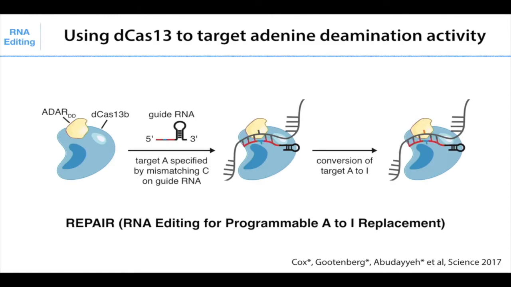We can take Cas13, deactivate it so that it only binds to RNA, and bring ADAR, which is the enzyme that converts adenosine to inosine, to a specific transcript in the cell that we're trying to change. And then by giving it a guide RNA, we can specify a specific base by mispairing that adenosine we're trying to edit with the cytosine. And so when it forms a complex, the mismatch base gets converted from adenosine to inosine. Inosine is interpreted by the translation machinery as a guanosine, and so you end up with an amino acid change for the protein product that's produced.